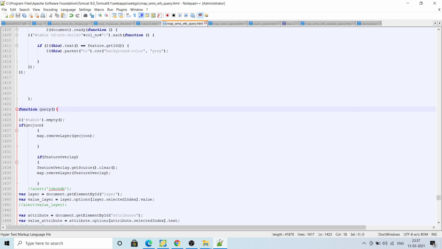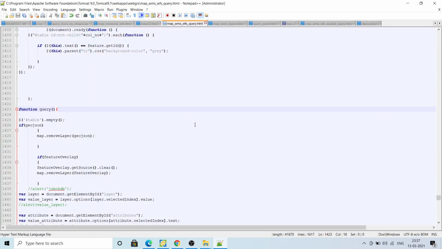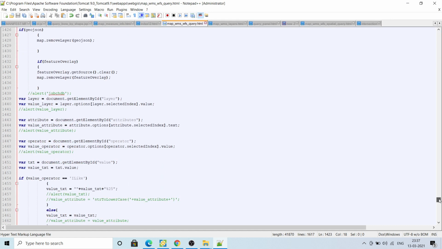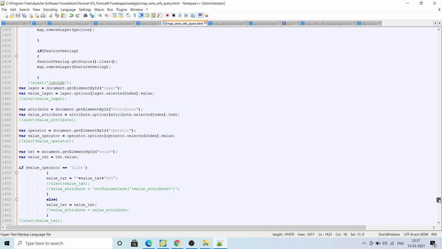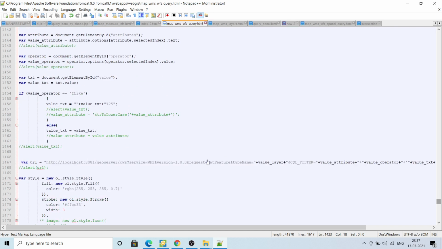So basically this query function, when you hit this load query button, it will call this function. I'm fetching the value, whatever value you are selecting in the drop down. So this is the link. Basically it is going to GeoServer. See this local 8081 GeoServer services WFS.